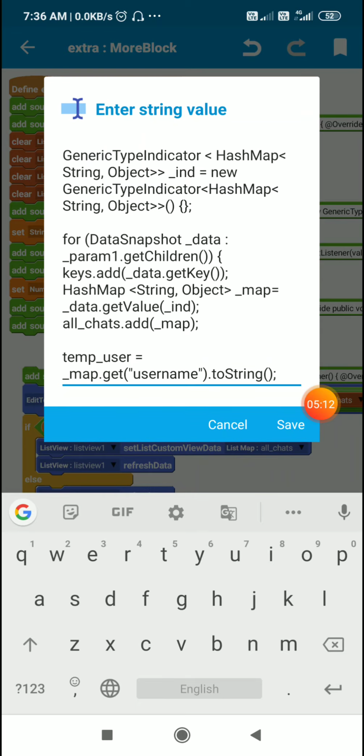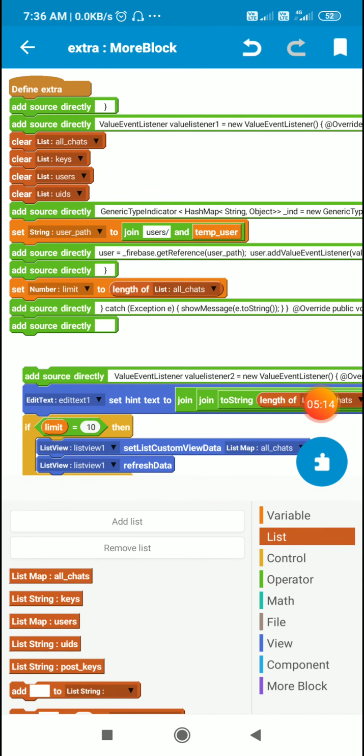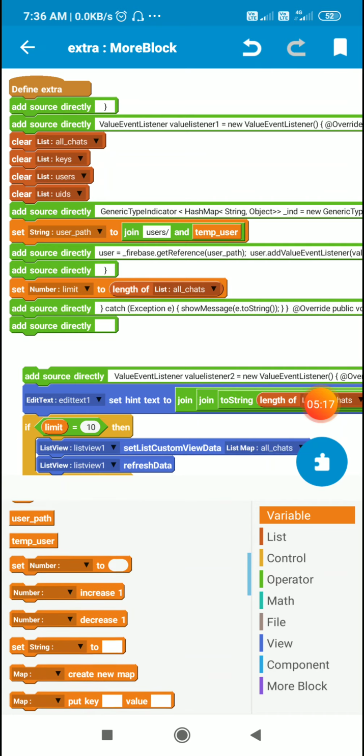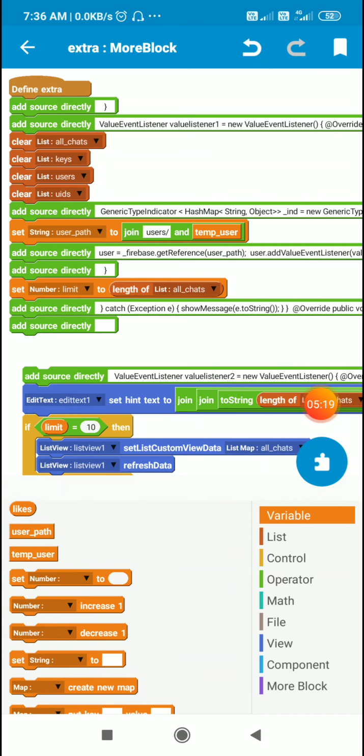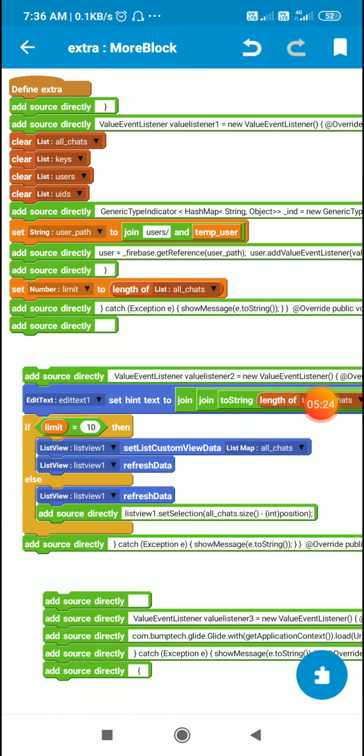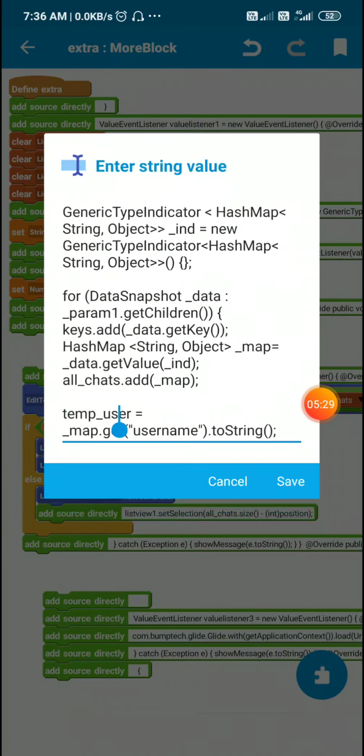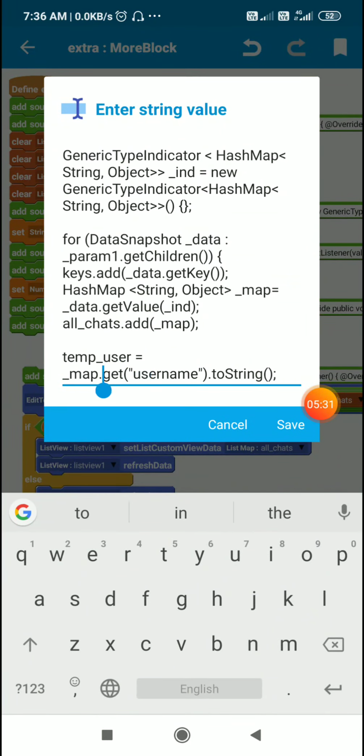Now after this I have created a string variable called temporary user, temp underscore user, and I have set this temp underscore user is equal to underscore map dot get username dot toString. So I get the key username from this map variable. This will be in the form of UID of the user.